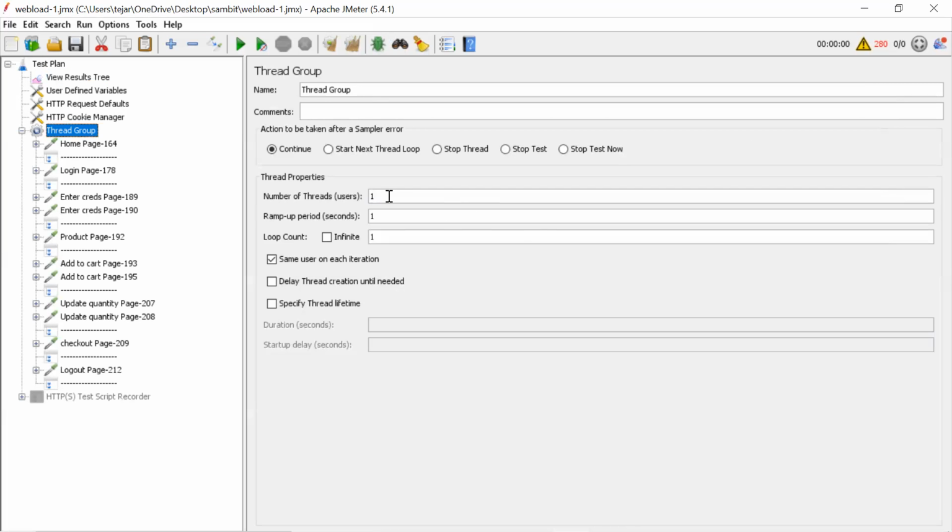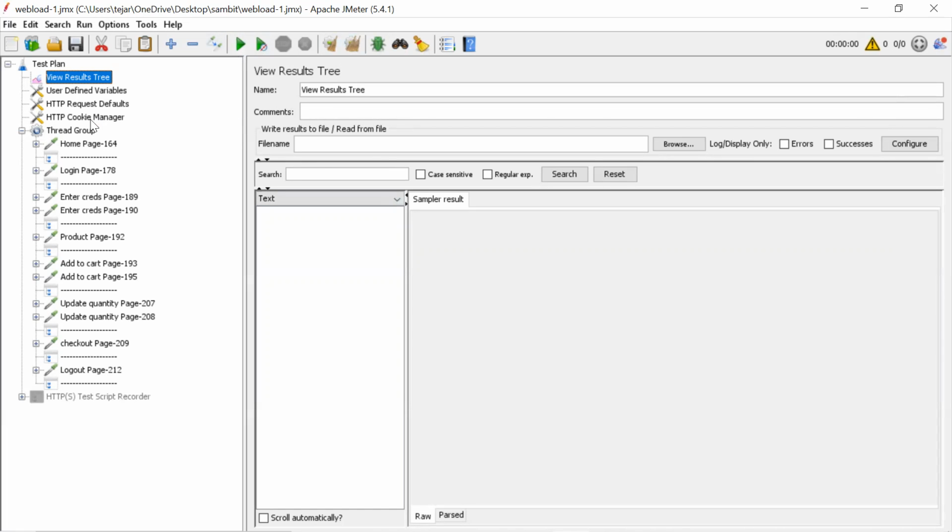If I give one, it means whatever APIs, I mean the samplers or protocols under the thread group, will execute one time in a sequential manner. If I give 5, every sampler under that group will execute 5 times. So how many do we have? We have 1, 2, 3, 4, 5, 6, 7, 8, 9, 10, 11. So it will execute 55 APIs in total. Let's see.